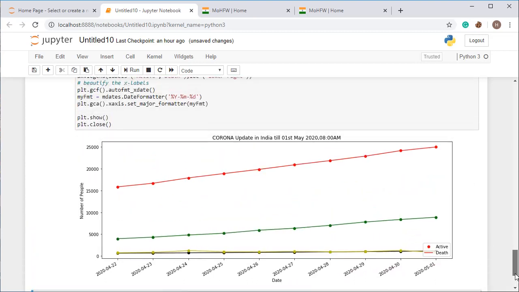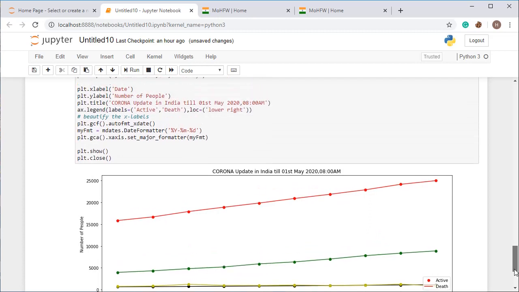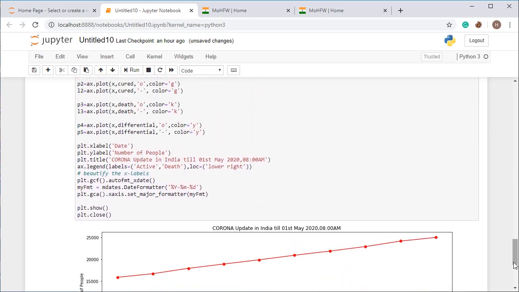So you can see that all the active numbers here, it has plotted for the first two things, so you have to put like active on particular date, and this one has active line.